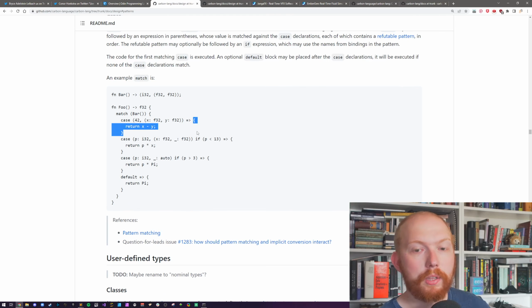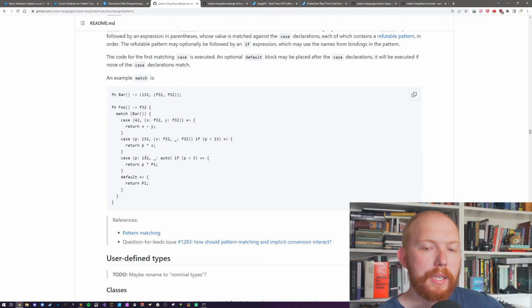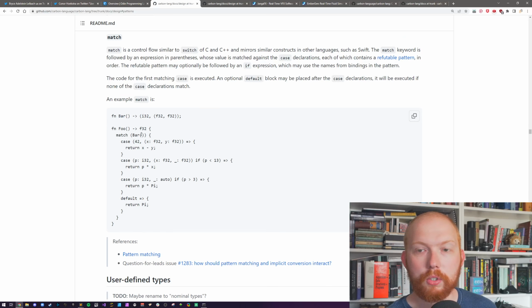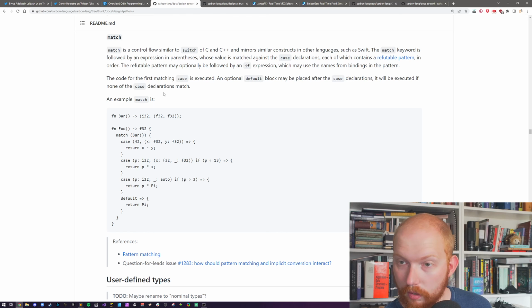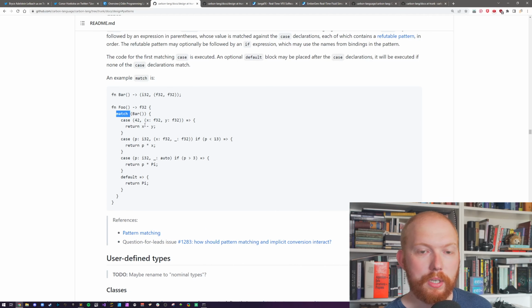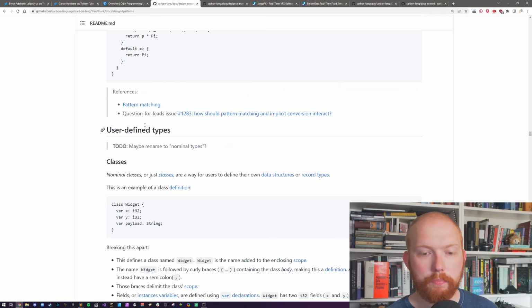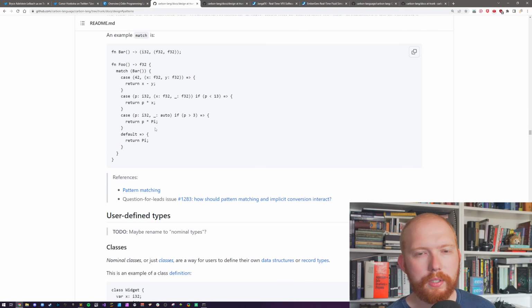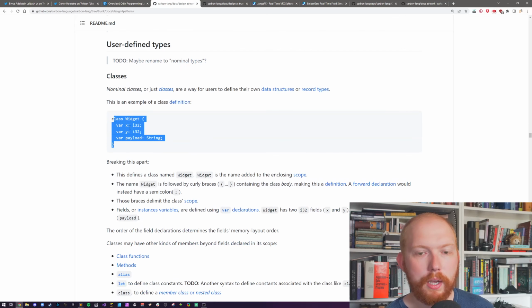Luckily, one thing they've done here is they have no need for a break. Everything seems to be broken up by default. It looks like it's just a statement. Does it work as an expression? It doesn't state. I don't know yet. It might just be a statement. If so, that's fine. Odin's just a statement as well. But this would allow for it. I don't know. Classes, okay, this is interesting.